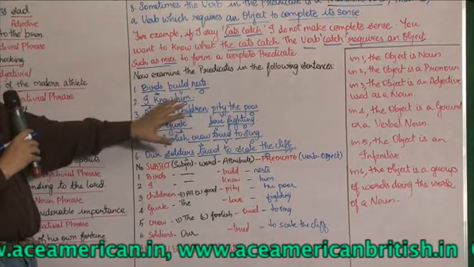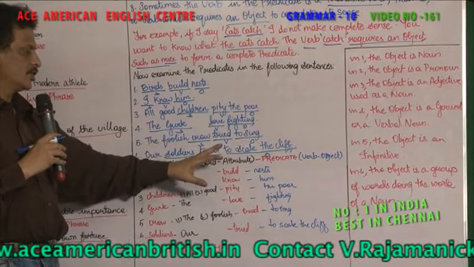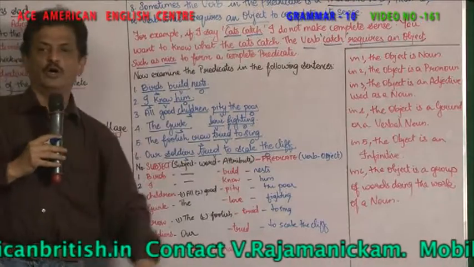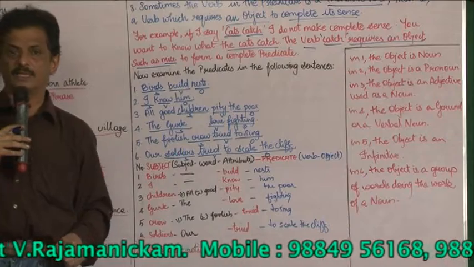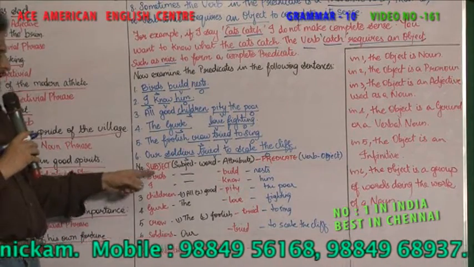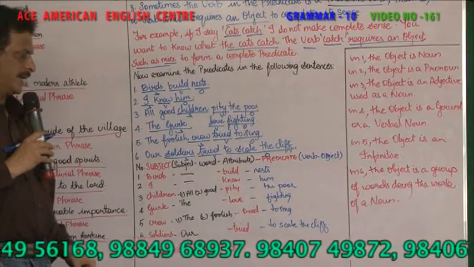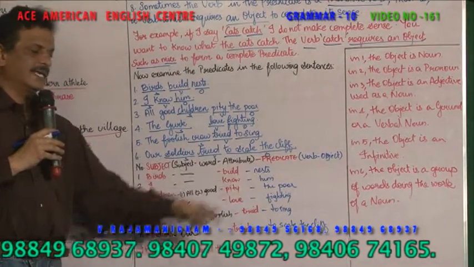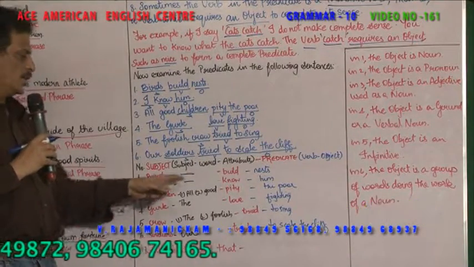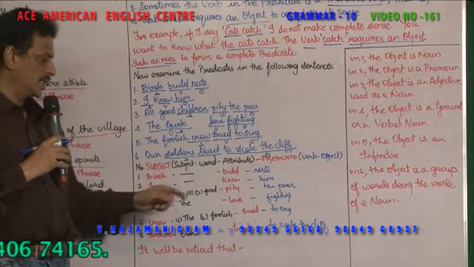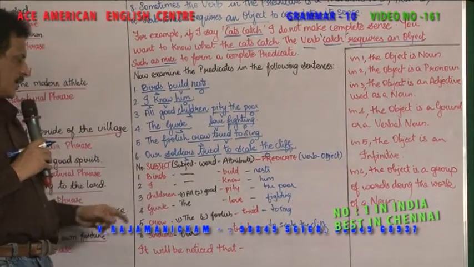So these verbs are called build, know, pity, love, tried. They are taking some object. So these are called transitive verbs. Only by taking an object does it give a complete meaning here. For example, birds build nests. See, birds is the subject. Build is the verb or predicate. And nests is the object. I know him. I is the subject word, know is the predicate, and him is the object here.